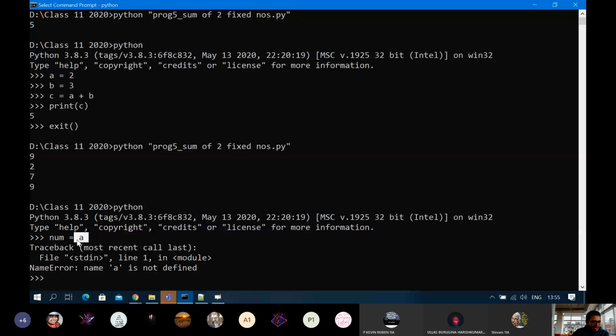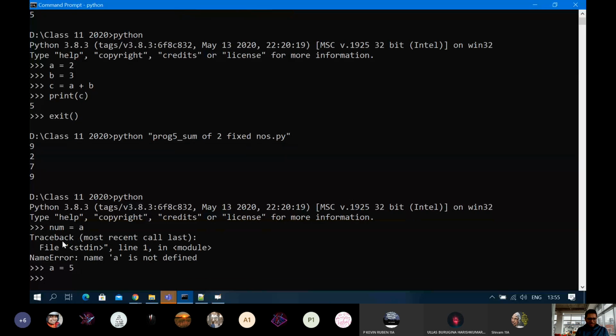So is there a memory location A defined? अभी तक तो किया नहीं ना. Your program will only work if you write A is equals to 5. First you create a memory location, put 5 in it and then label it as A. Then on the next line you can do num is equals to A.